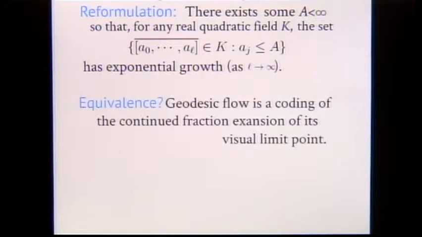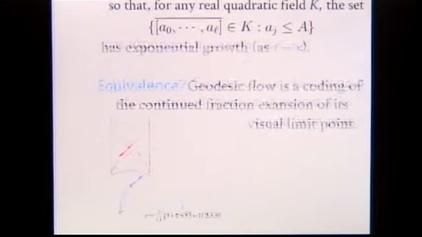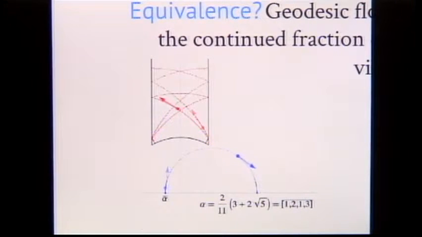Now, why is that a reformulation? It's a reformulation because what's the equivalence? Well, the geodesic flow is a symbolic coding of the continued fraction expansion of the visual limit point. Let me explain what I mean by this. So here's a point in the tangent bundle of the universal cover, just in the upper half plane. And if I follow that point to infinity, if that's the visual point, my eyes go to the boundary, I get a quadratic irrational in Q adjoin root 5. And I've chosen it so that it's exactly periodic with partial quotients 1, 2, 1, 3. I connect that point to its Galois conjugate, and I fold mod SL2Z. I get a closed geodesic in the